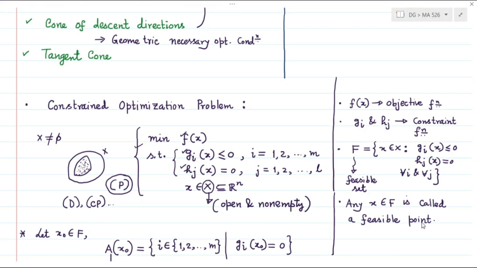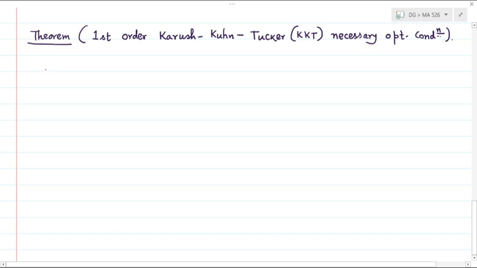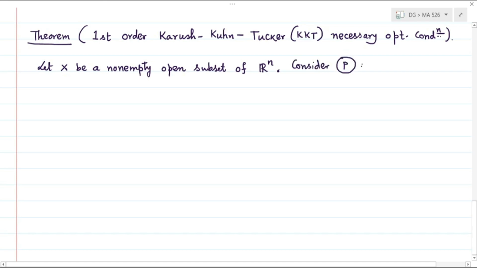And then, so here let me start with, let capital X be a non-empty open subset of the n-dimensional Euclidean space R^n. Consider the problem P, and